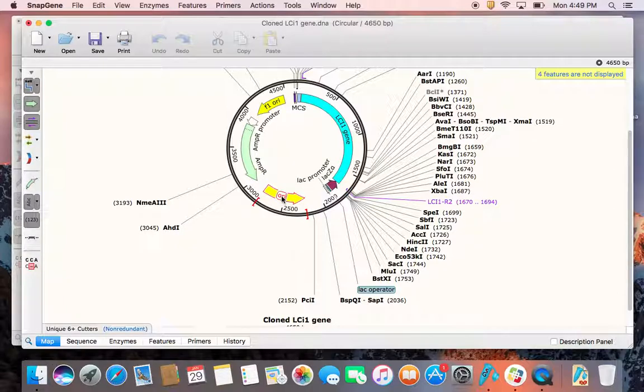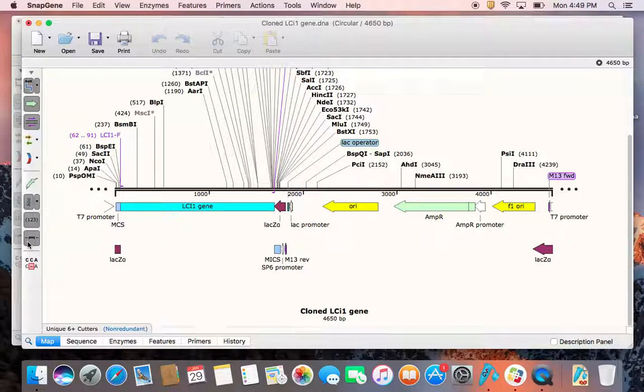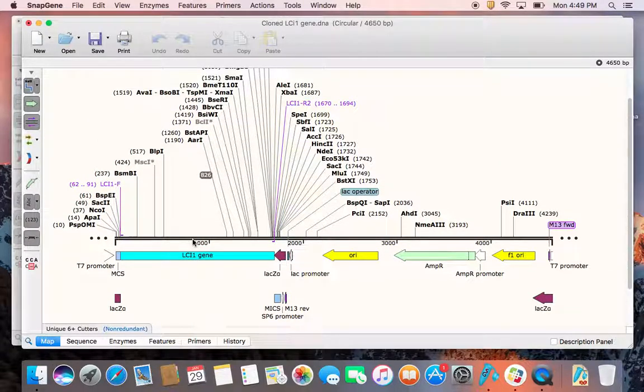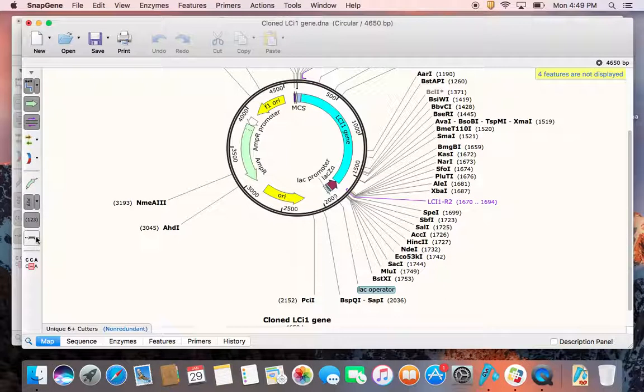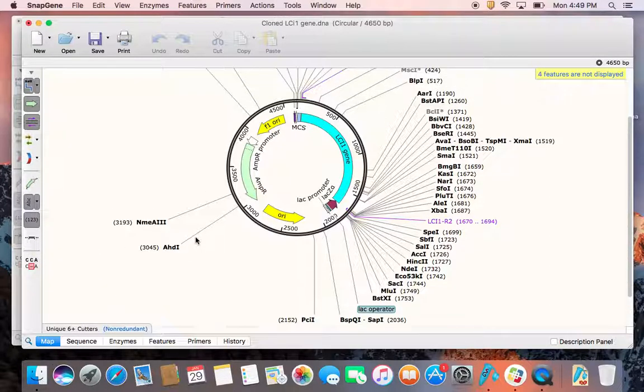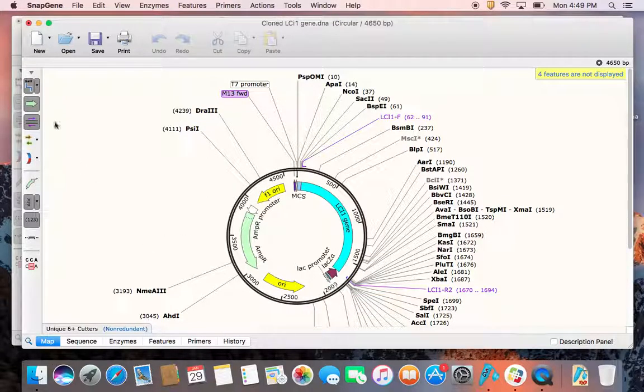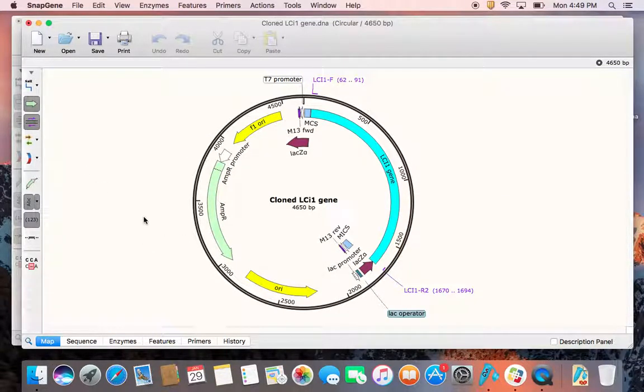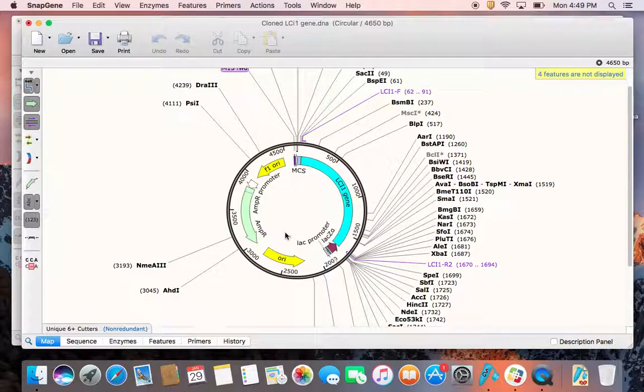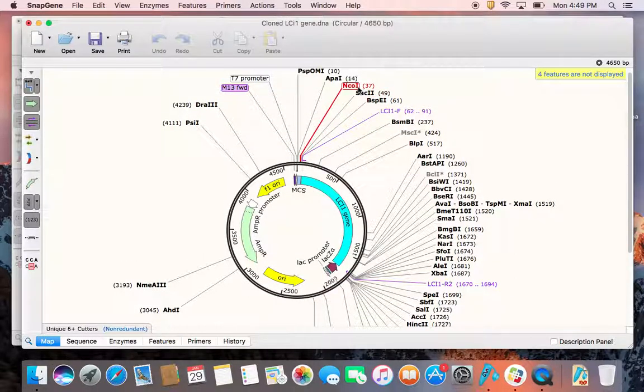They can also look at this map in a horizontal view like this, and they can switch it back to circular view by clicking this feature over here. And also they can hide the restriction enzyme sites. So this is another important thing. If they want to show certain restriction enzymes, for example, if they just want to show NcoI and SpeI, they can